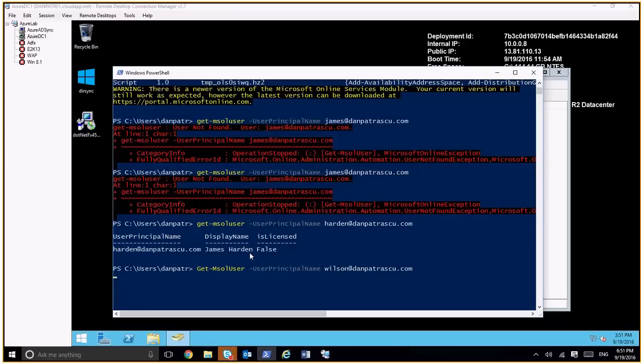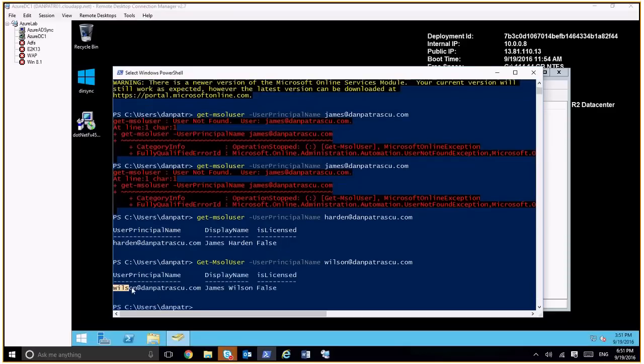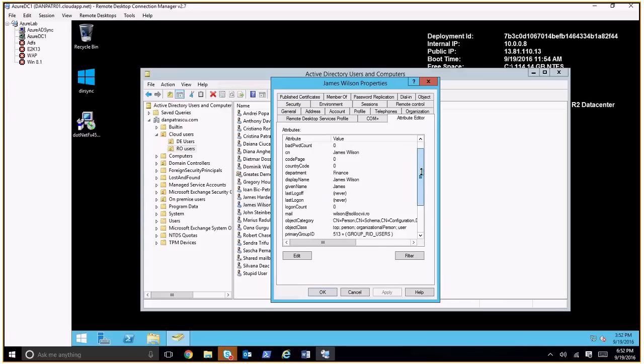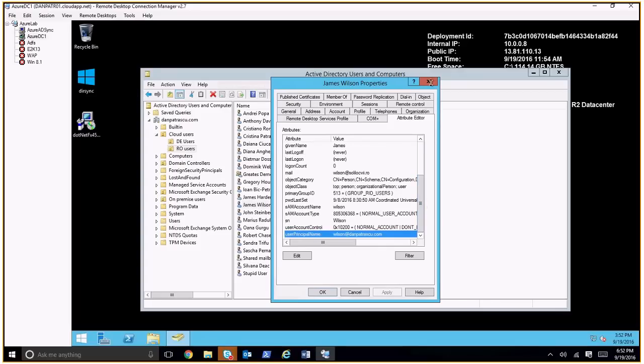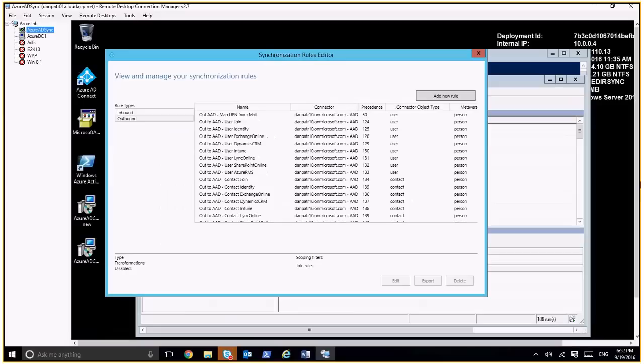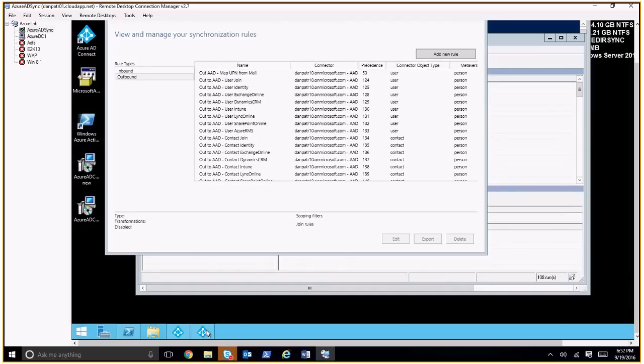It should be there. Yes, you can see here the user principal name is like that. And now what we will do once this rule is applied is that the value for mail will become the user principal name in Azure AD. So let's close this, and once again, let's run a full synchronization,